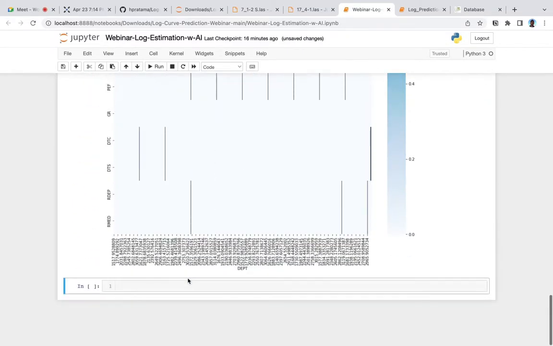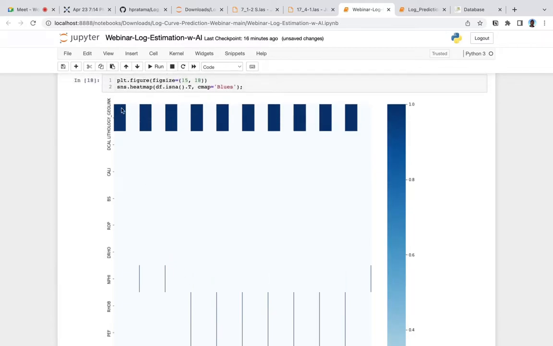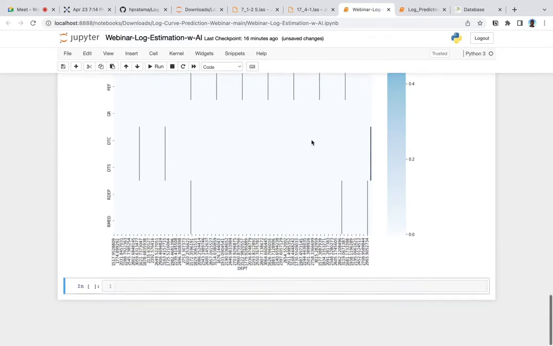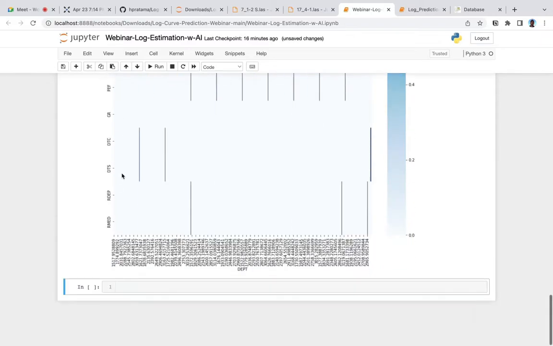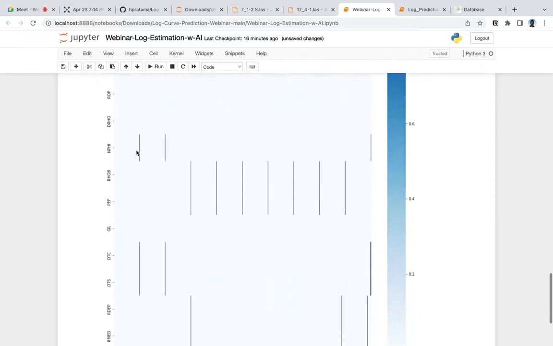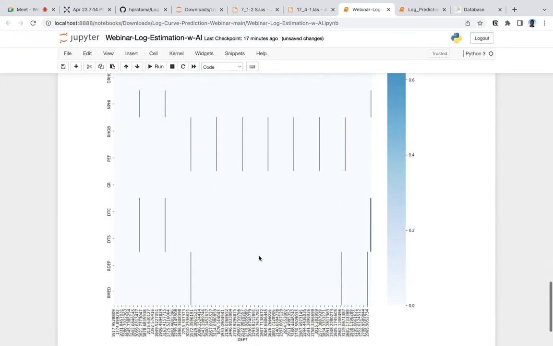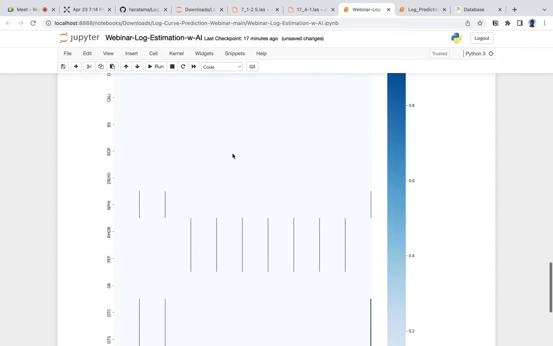So as you can see in here, the blue one is the missing data. So the white one is the data. There is data here on this depth, but on the blue one, there is no data in here. Like in this depth, there is no data. The lithology data on here, there is no DTC and also DTS on this here. So we want to select the features that have the data on here.